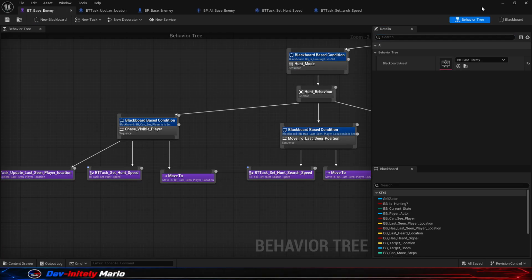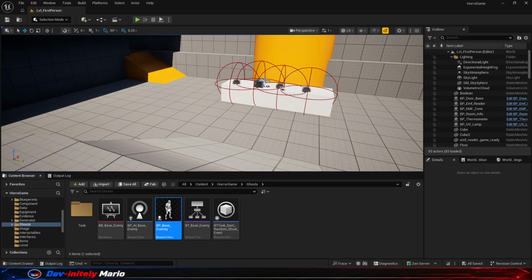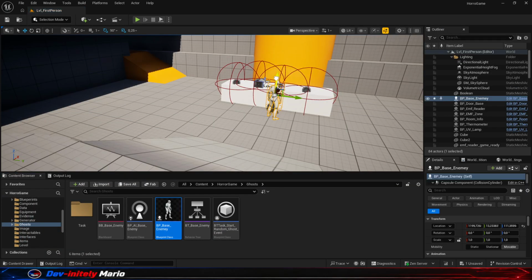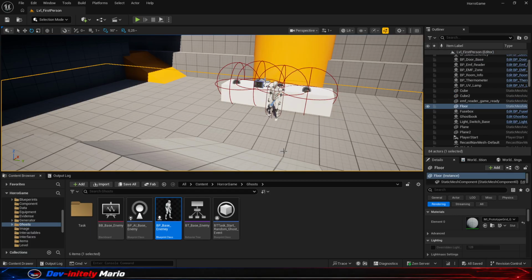So yeah. Now we can put him here, and we want to rotate him so he faces the player. So now if I would press